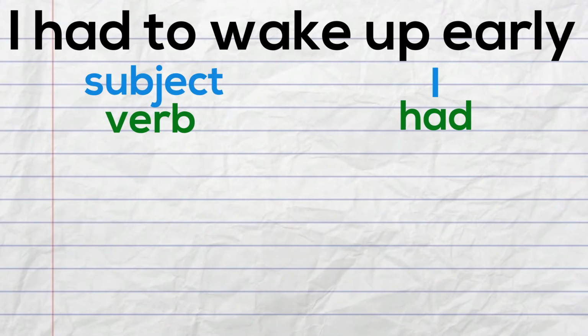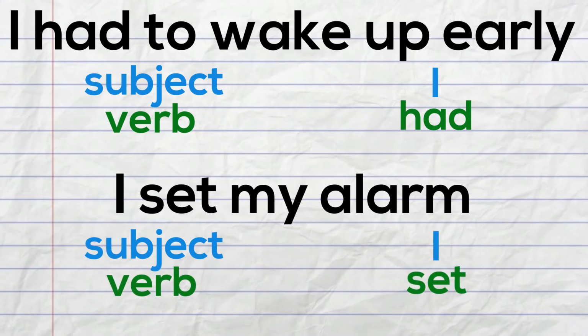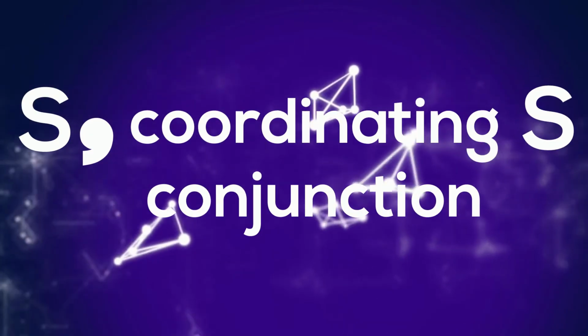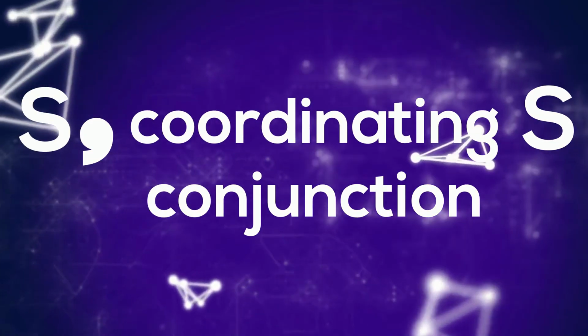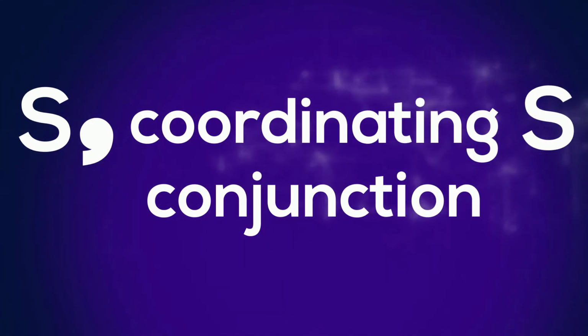The second independent clause, "I set my alarm," also contains a subject, I, and a verb, set, and can also stand alone as a sentence. The formula for writing this type of sentence is S, coordinating conjunction, S. The S is for sentence, which an independent clause is. The connection is made by putting a comma after the first sentence or independent clause, and then using an appropriate